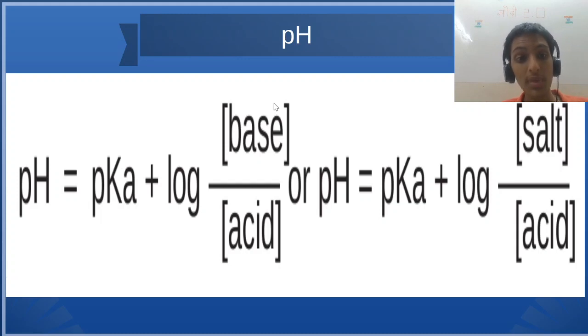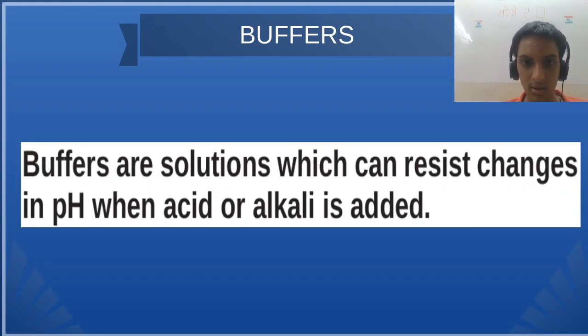One more point, please remember this also. It is based on the law of mass action. What is this law of mass action? The ratio of the dissociated products to the undissociated reactant is constant. Please remember this statement. And the equation I'm going to tell you, please note it down and remember it throughout your lifetime. Ka is equal to H plus times A minus by HA. So that was in general about the pH.